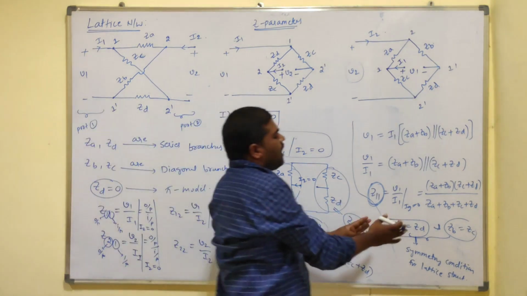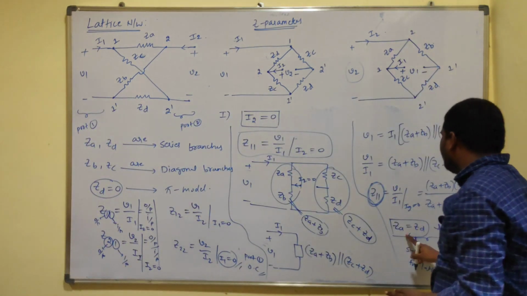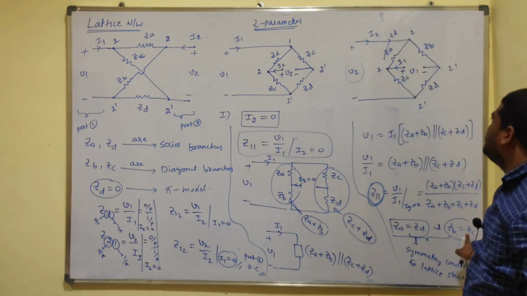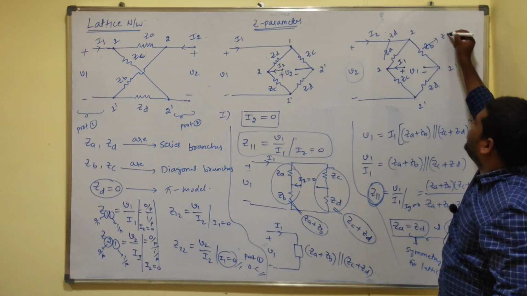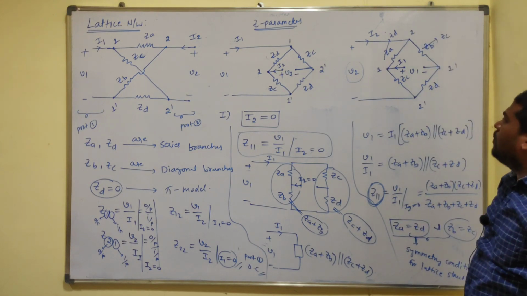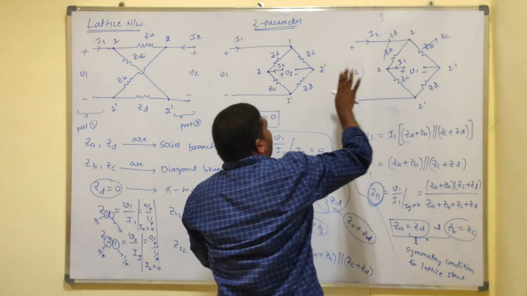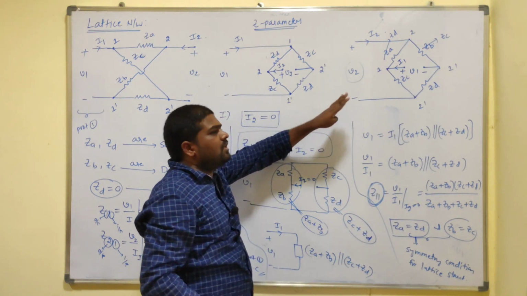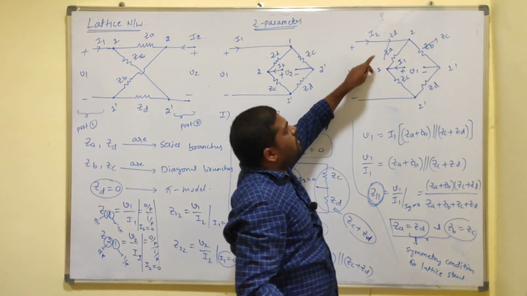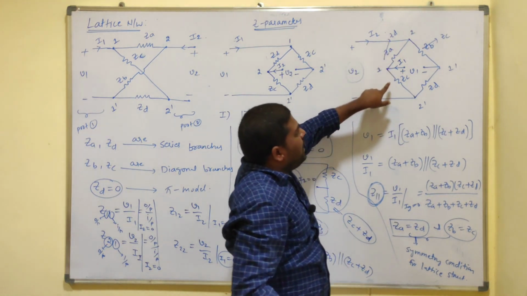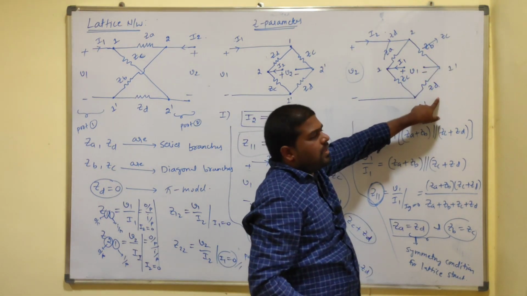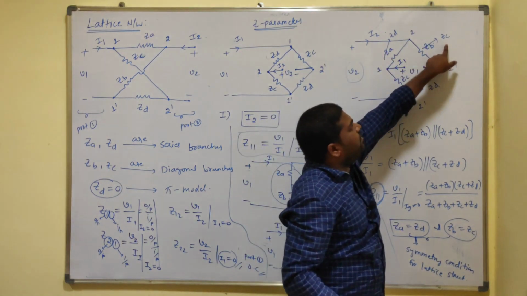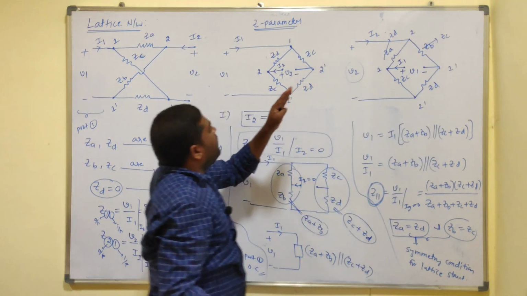Next, the same thing you can apply to this network also. Here ZA equals ZD, so this will become ZD, and ZB equals ZC, so here we have the ZB element, this will become ZC. Now observe this entire circuit with reference to port 2. The first branch elements are ZD, ZC, and the second branch elements are ZC, ZD. These are the two branches.